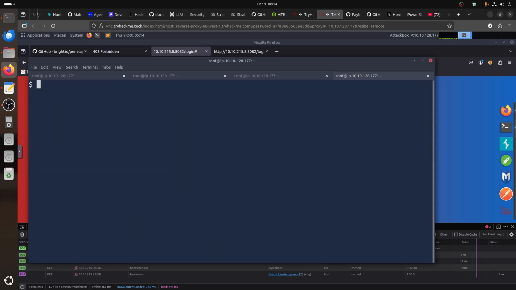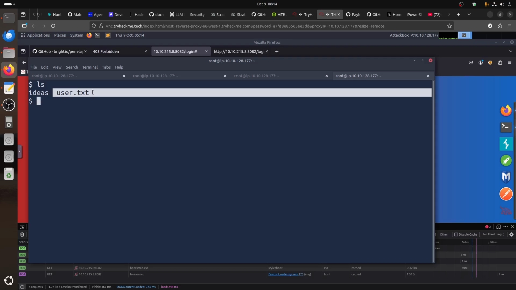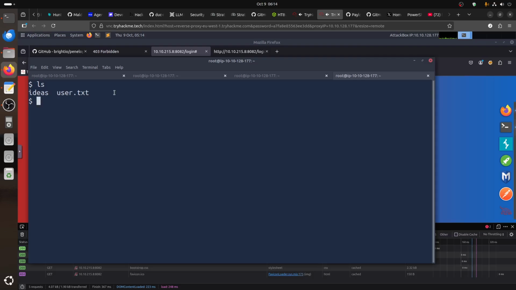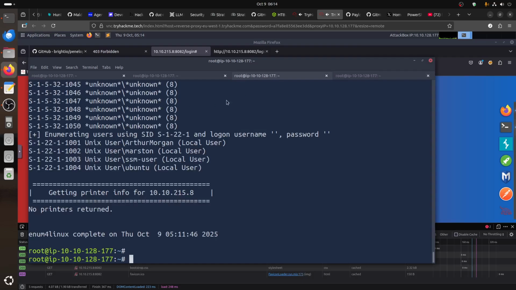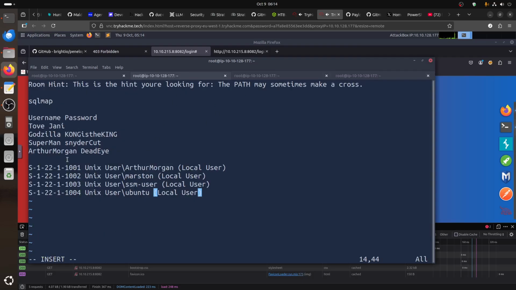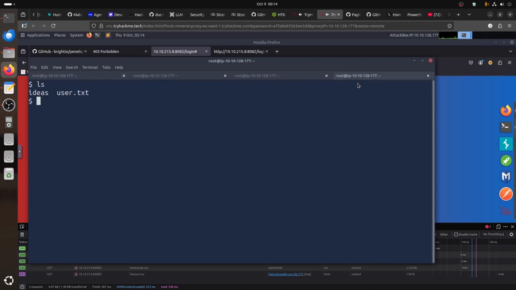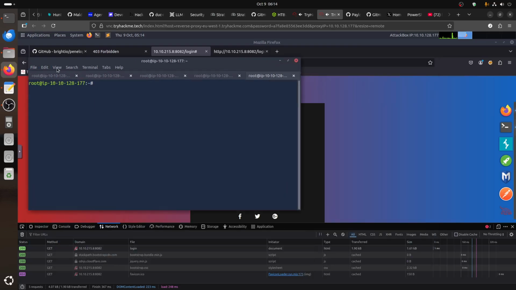What shell is this one using? ls, and you get that's your user flag. We are already inside the machine. So now the question is what we can do with this, and because we have an SMB, let's leave this one there. So let's now go to